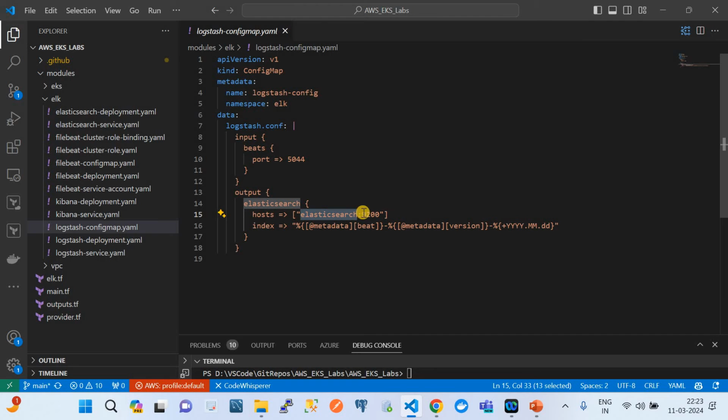service name, and on this port the host will be available, and the index to create in Elasticsearch is this index. It is created with a name called beat with the metadata, that is the name of the Beat application, the version of the application, and then the date appended. So it's dynamically creating that index, which I'm going to show you right away. With that being said, this is how we are declaring the Logstash microservice component on the